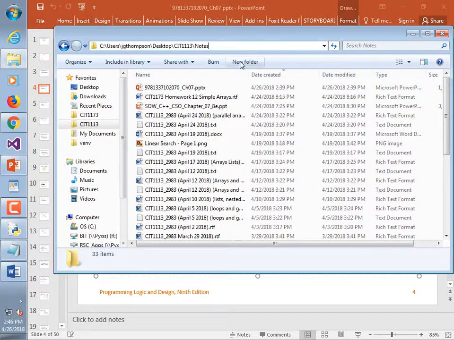All right, you see this bar up here? That shows the path of the folder that you are in. So if you ever need to look for a file, and you know where it is, you found it in Windows itself, but you need to access it via Word or something like that, you can go up there, highlight all that stuff, copy it, and then when you're inside Word and you want to open it,